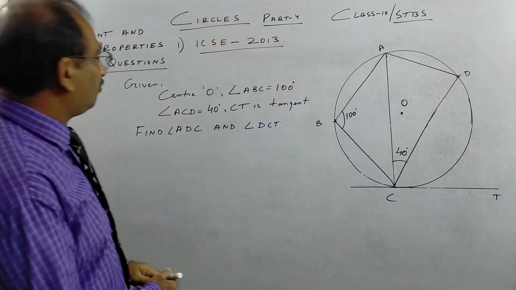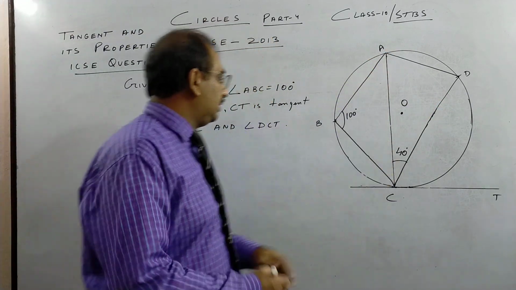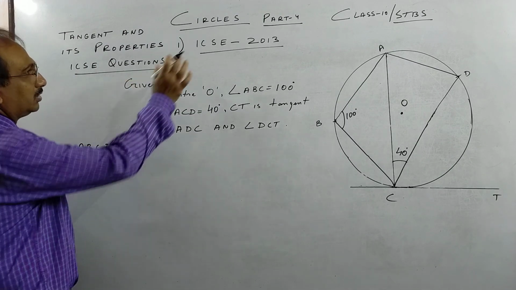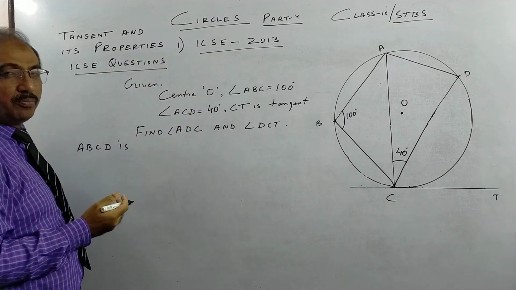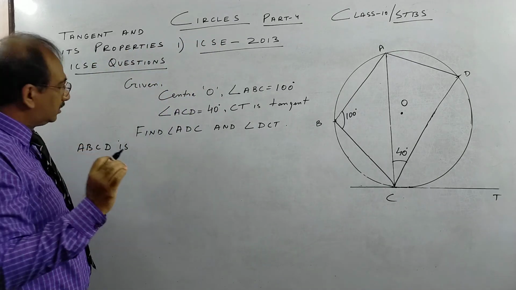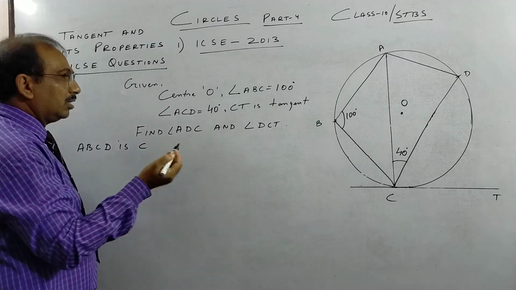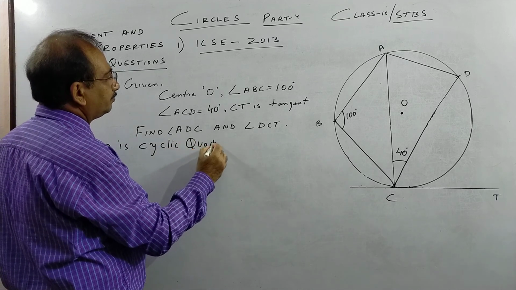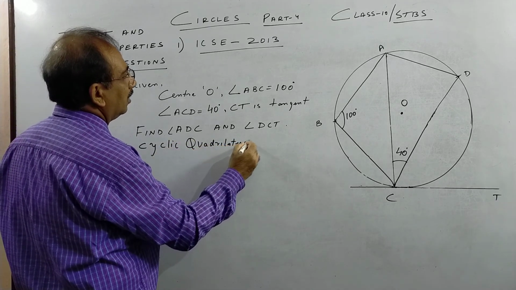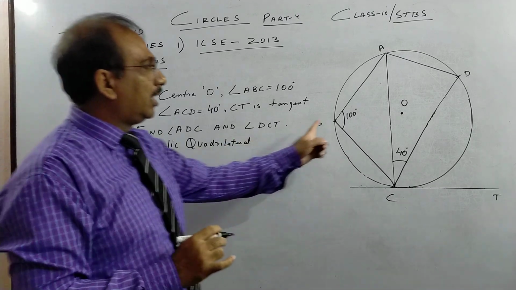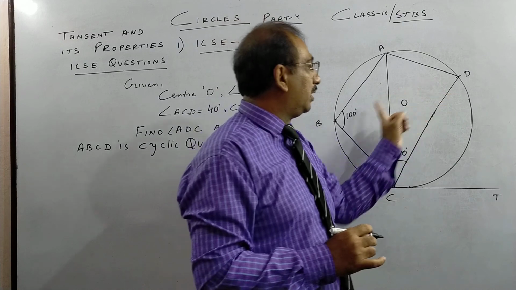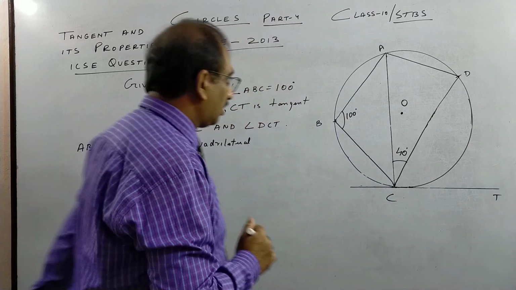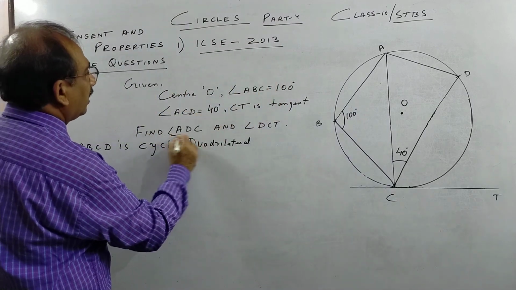So in part 1 of my discussion I told you this ABCD is a cyclic quadrilateral. In the very first part, where I did chords and their properties and the 5 theorems which are still there in ICSE, I think the 3rd, 4th and 5th theorem. ABCD is a cyclic quadrilateral. I taught you that opposite angles are supplementary, which means they are not equal, children. You see, this is obtuse and this is acute. They are supplementary. So first, I have to find ADC.